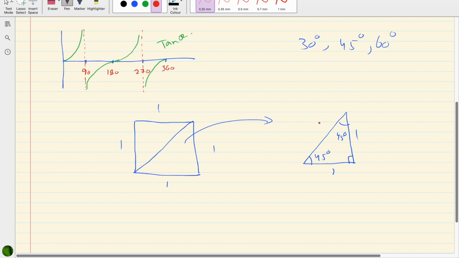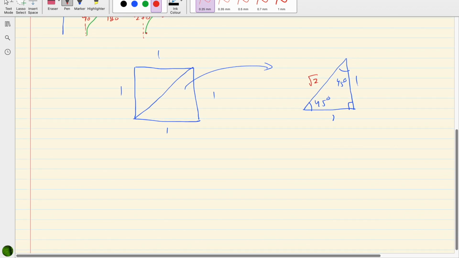Now applying Pythagoras theorem, we can find this side as square root 2. Another triangle is an equilateral triangle of side 2. So we know these are 2 and all the angles are 60 degrees. So if you draw the vertical line and split it into 2 and bring one of the triangles to the other side,